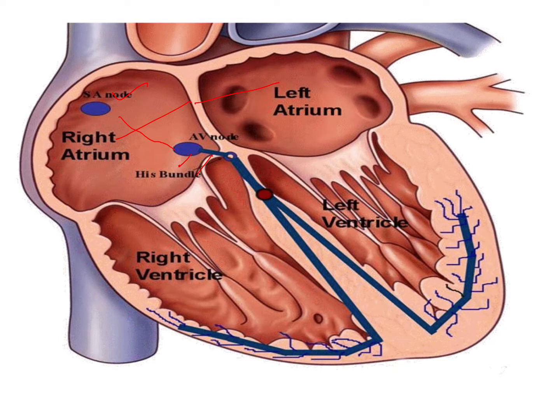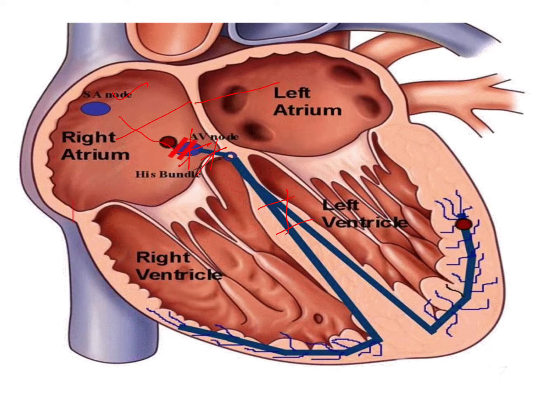In heart blocks, the defects usually occur at the AV node or His bundle or the bundle branches or in the Purkinje fibers. So when there is a defect at the AV node or in the subsequent sites, the impulse will not be able to travel from the atrium to the ventricles. So there will be unnecessary prolongation of the impulse at the AV node, or it will not be passed